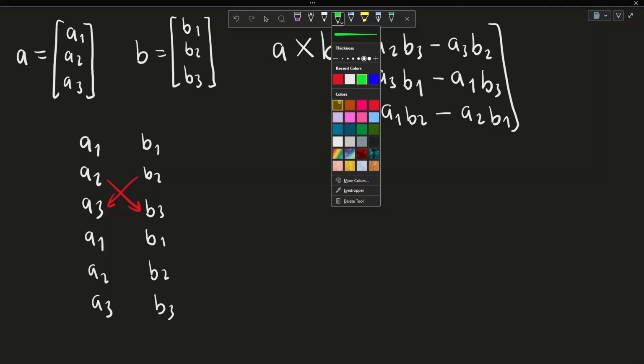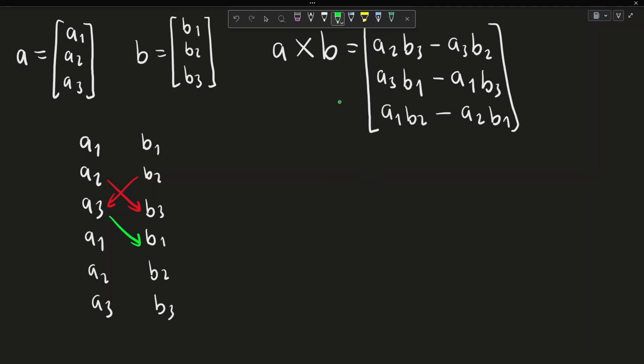Let's take a new color, green. These two will correspond to one another. Let's take blue, and these will correspond to one another. And each new color represents a new entry in our final matrix. So our final matrix, A cross B, will be equal to your first entry, which is A2 B3. You always start on the left. So A2 B3 minus B2 A3,